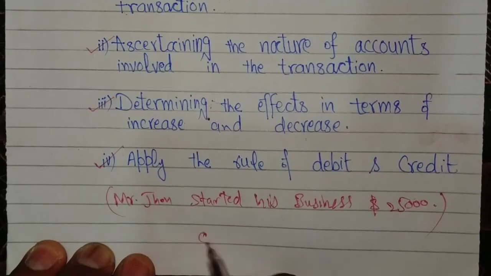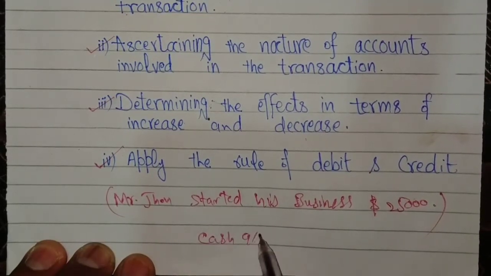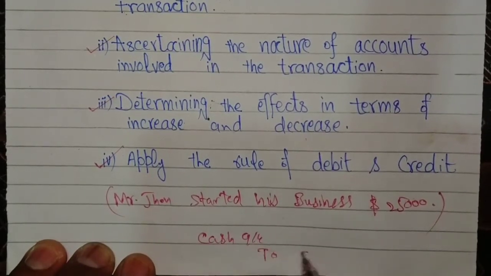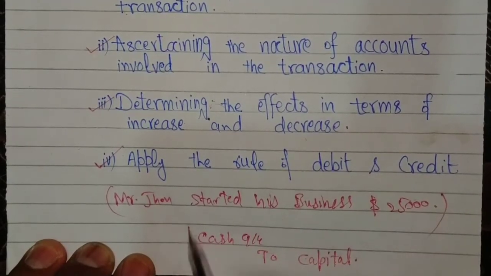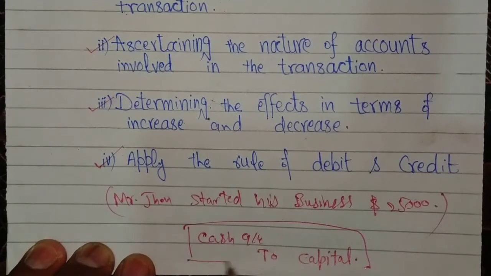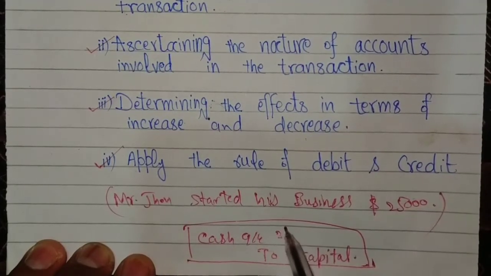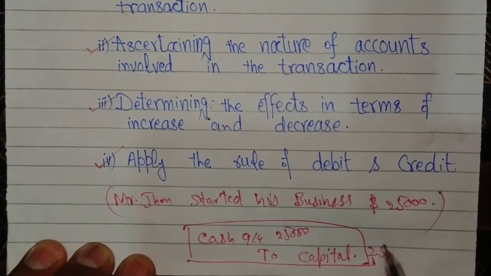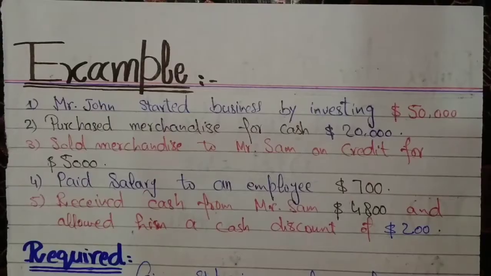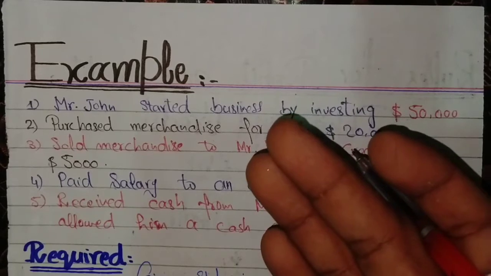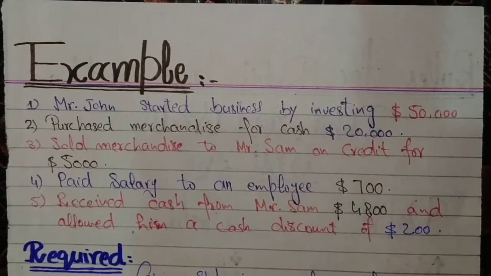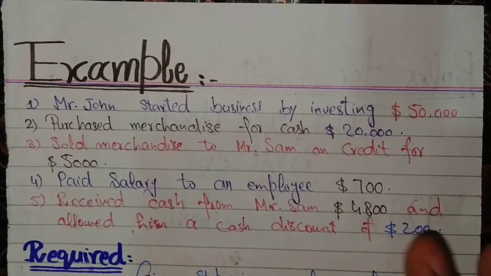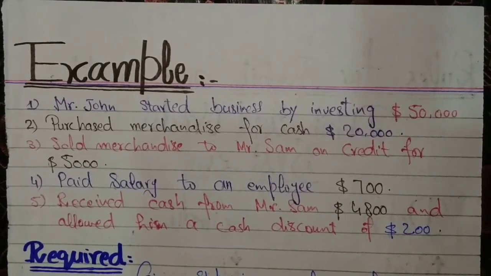Cash account debit to capital account will be credit, amounted $25,000. Dear students, we have another example with number of transactions for practice in the context of analyzing transactions, because